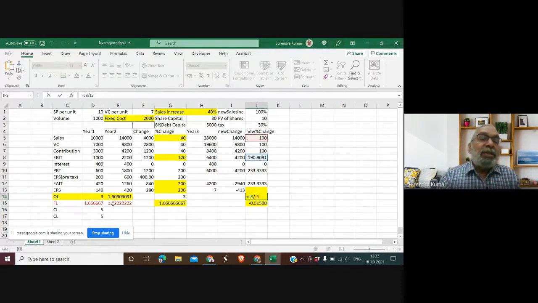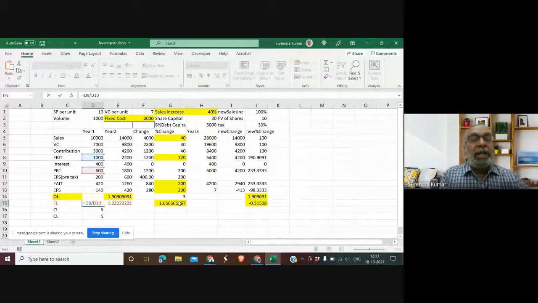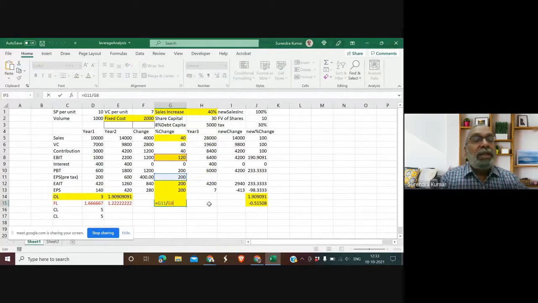So same thing then we start looking at with reference to financial leverage. So we say financial leverage is EBIT over profit before tax, given a particular year information. Or I calculate the other way and then I say percentage change in earning per share due to percentage change in EBIT, right? So that's how I'm defining in two different ways what is my operating leverage and what is my financial leverage, and it is an important point to understand.